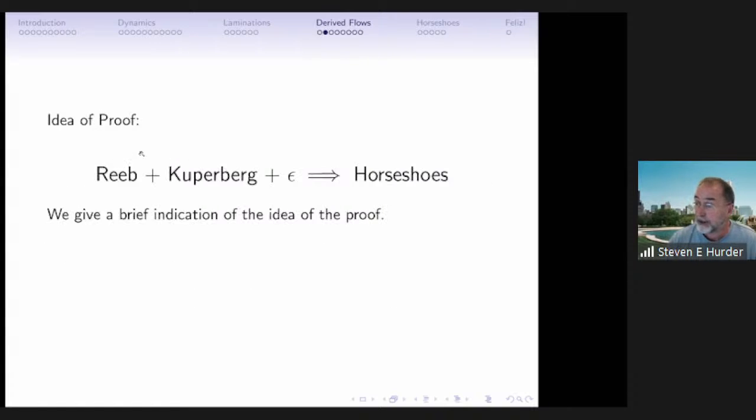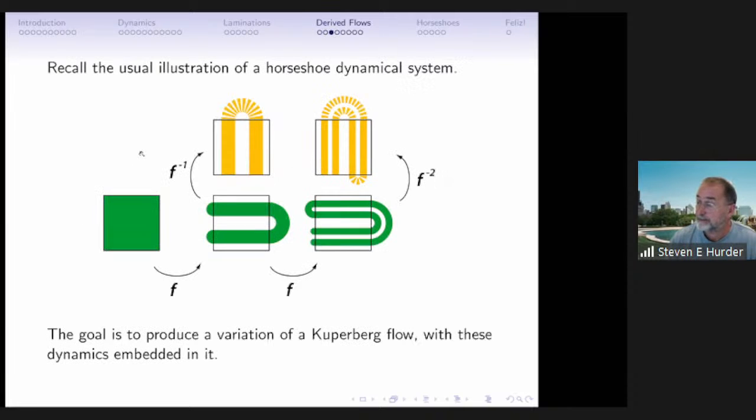Now, how do you do it? Well, I just said this. You take the Wilson flow and Kuperberg insertion and perturb it, and let's see how that happens. First, this is the goal. We want a picture that looks like this. The details are in our papers, so we don't need them. But we want to get a horseshoe. Classic horseshoe, you want to fold and insert.